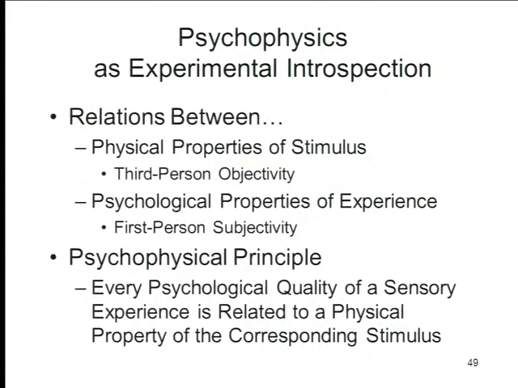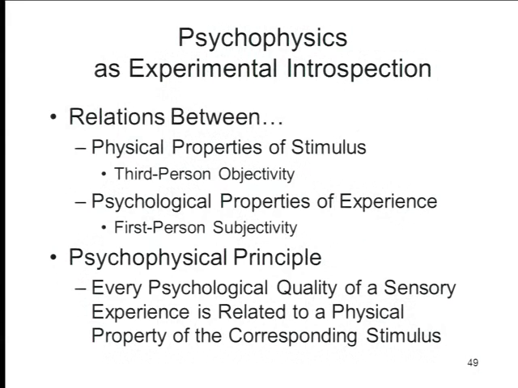The experience is inherently subjective and private. But by tying that subjective private experience to something that is publicly observable, that is the physical properties of a stimulus, we try to bring conscious experience under the purview of science. So we've got these first-person subjective mental states being related to third-person objectivity,